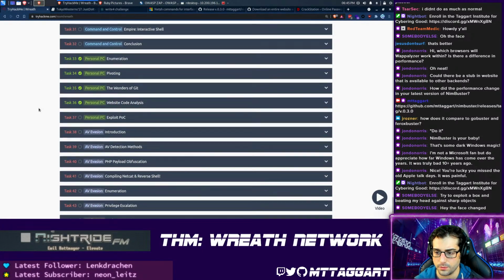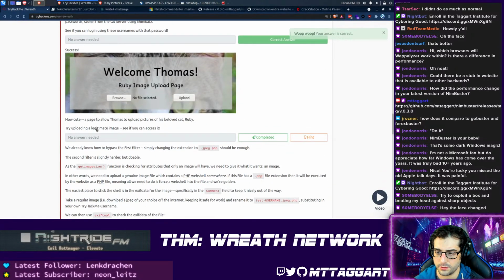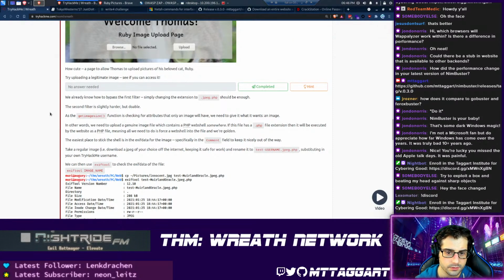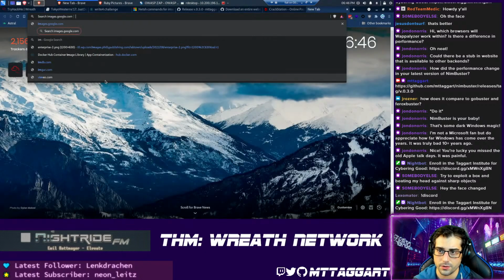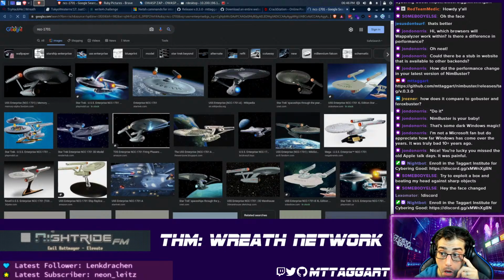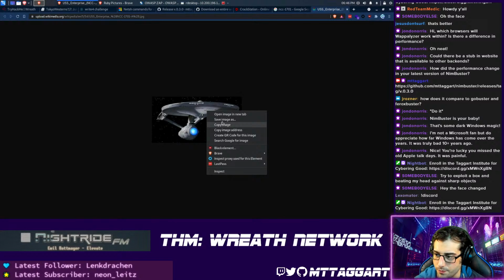Okay, so we're down here. So we're able to log in. And yeah, let's go ahead and download a real image. Do I have... I don't. Shame on me. There is an image I always use. Yeah. This is always the picture I use for...